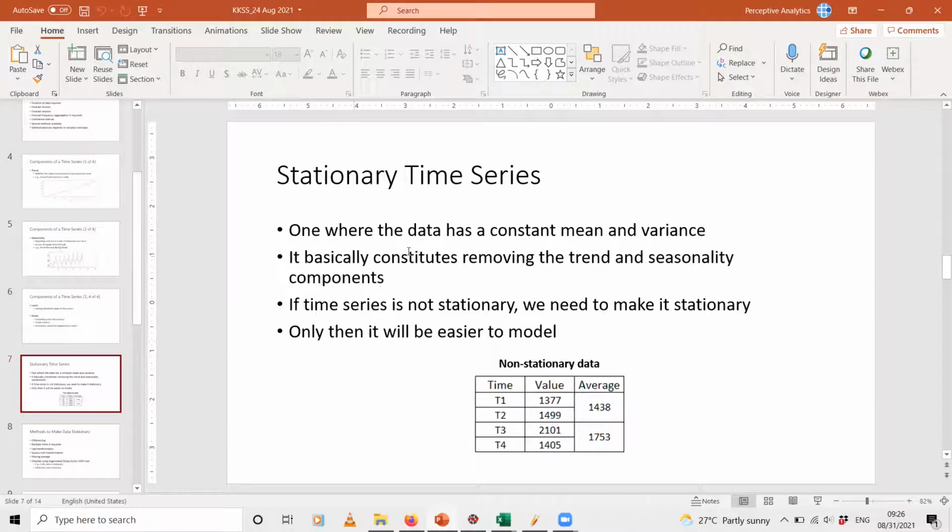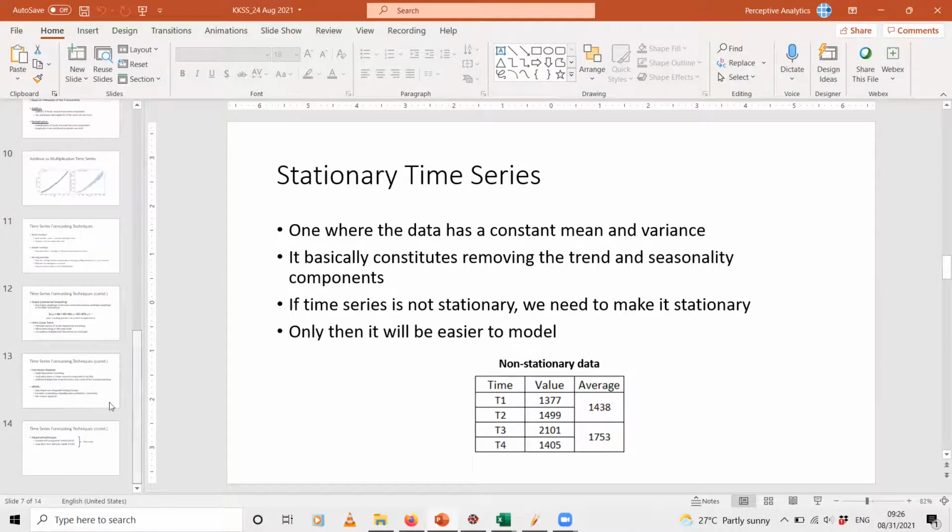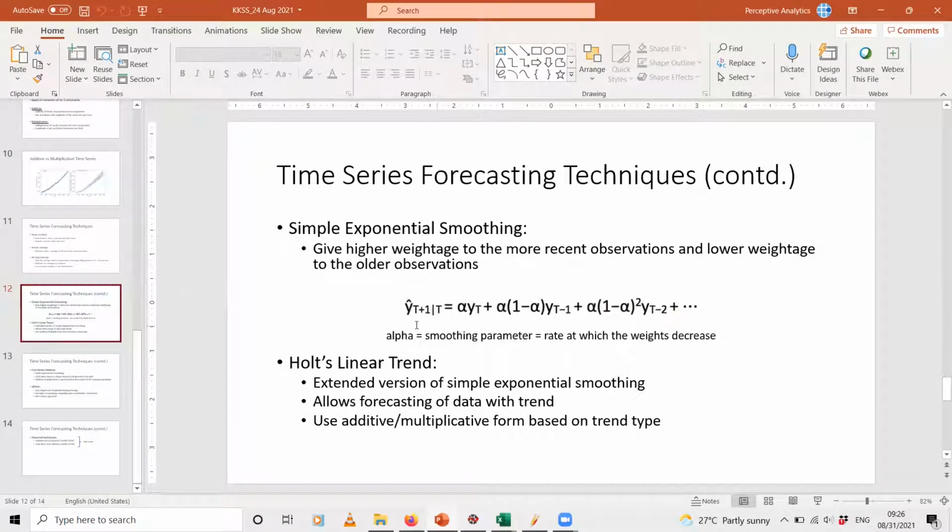Data should have constant mean and variance. You should remove the trend and seasonality and so on, right? So this double exponential smoothing technique, Holt's linear trend, you can use even if your data has a trend. So this has two components, the damping factor and the trend component. That is why this is called double exponential smoothing.